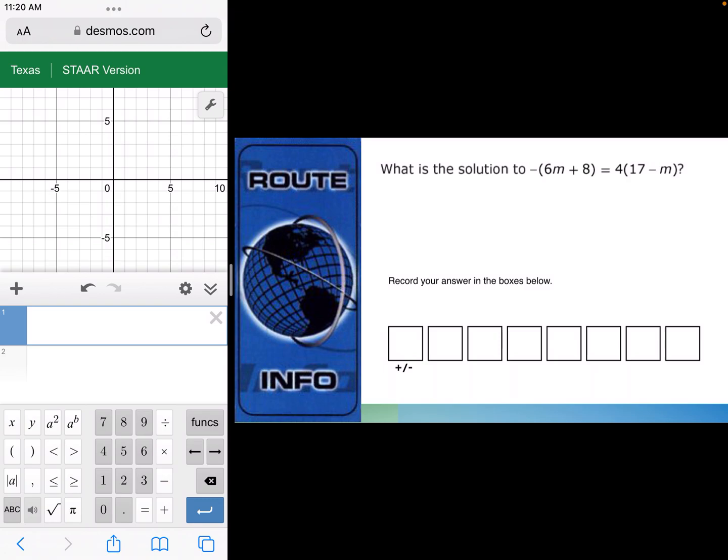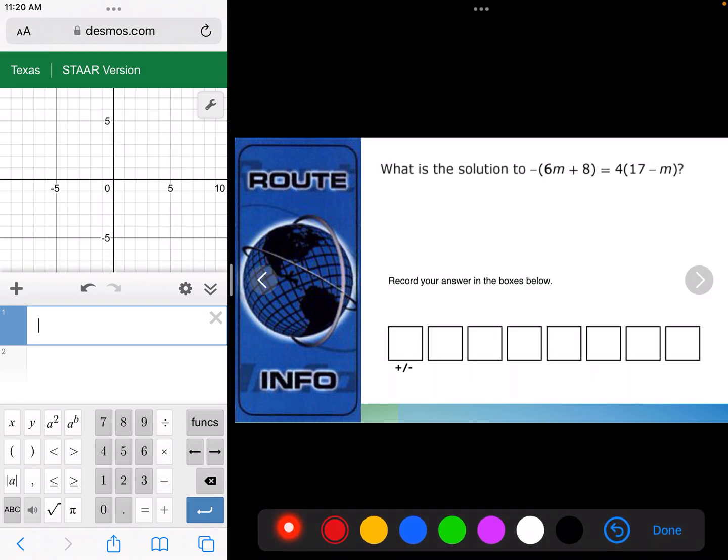All right, so some important definitions at the top. First of all, a solution is the value of a variable that makes an equation true. You can write that down at the top, pause this and write that down. Again, the solution of an equation is the value that makes an equation true. I'll give you another definition here in a second that you can write in that space also, but first